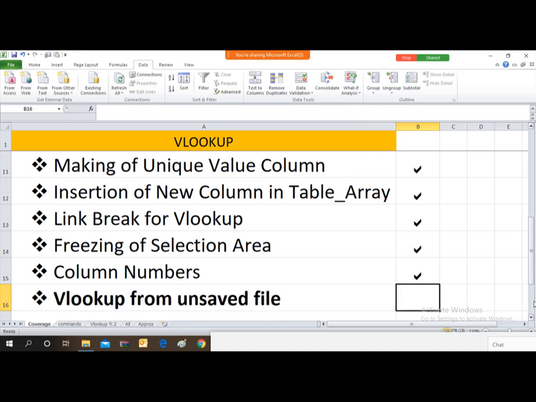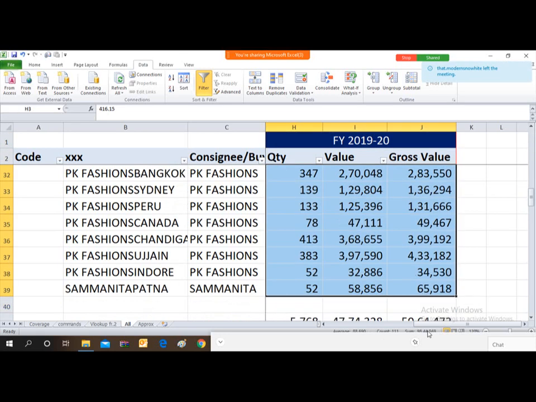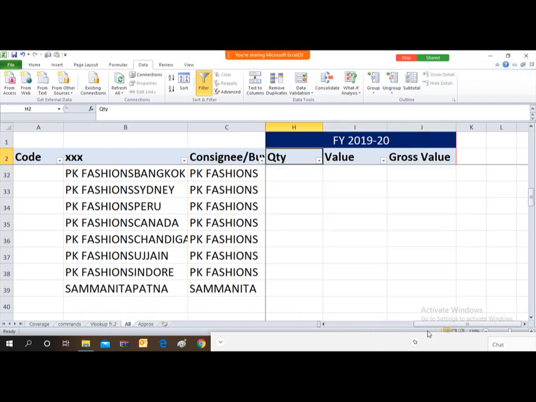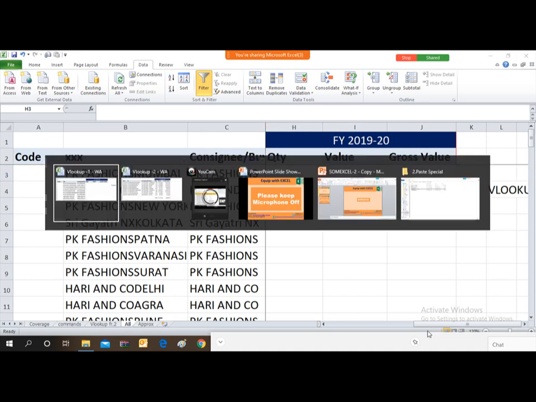VLOOKUP from unsaved file. Friends, this is again important. Suppose you have used the VLOOKUP from the unsaved file. Let me again show you in this table only, and let me generate one unsaved file.